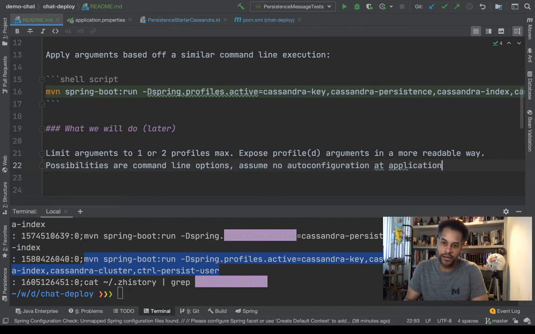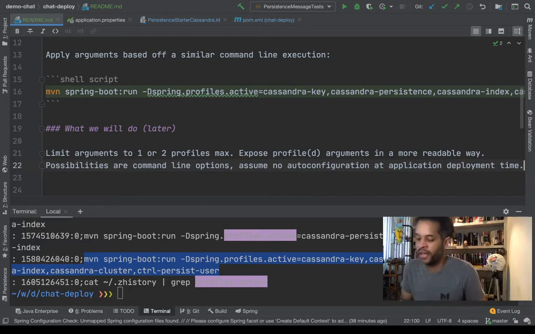Application. Assume no auto configuration at application deployment time. That is, even Consul might not even be there. So I should actually be able to send the commands for where a service is going to be. So if I have a client, I should either let it use Consul, or